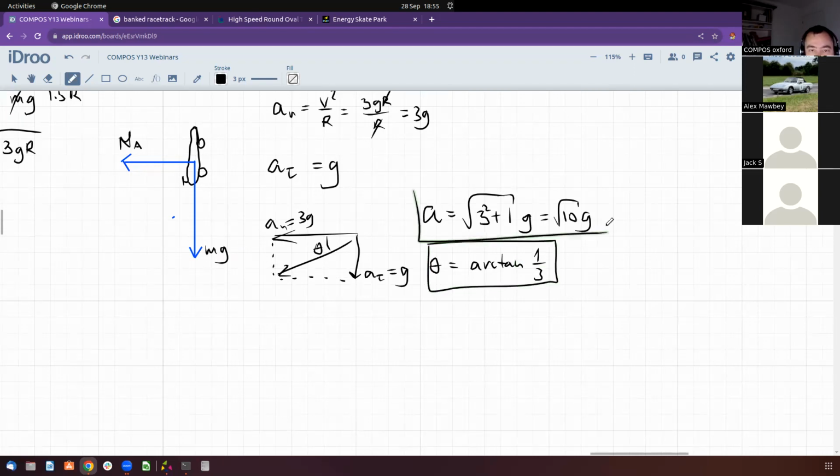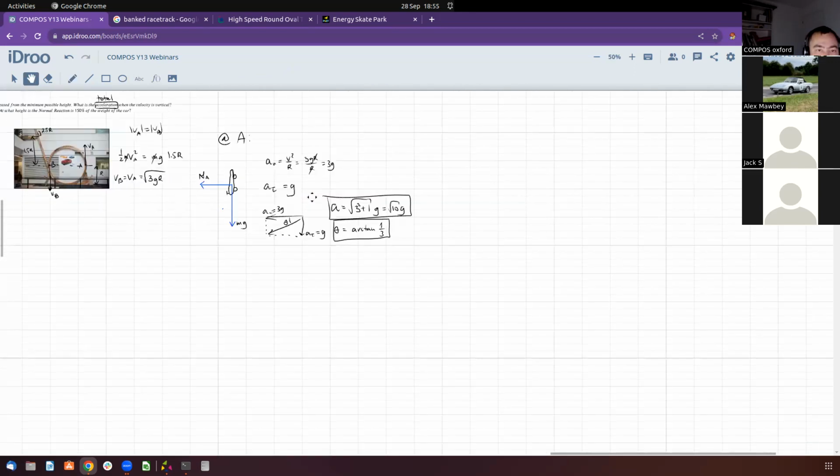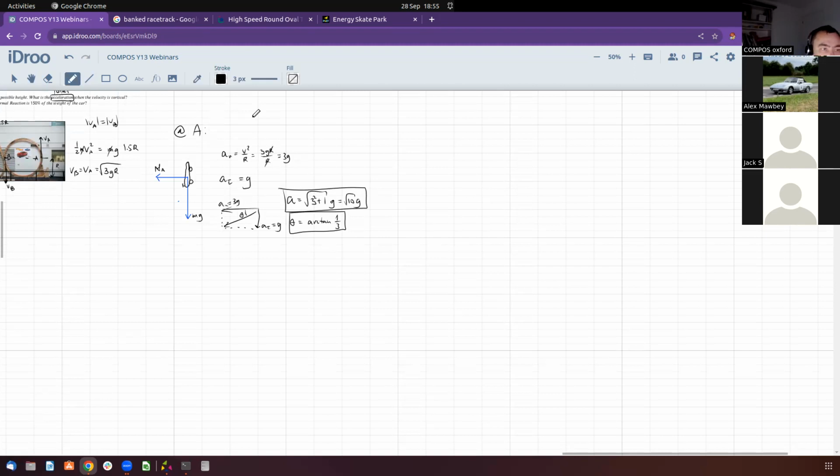So acceleration is square root of 10 g, and theta is arctan 1/3. And at B, of course, that's 3 point something times more than the weight of the car. So yeah, at B,